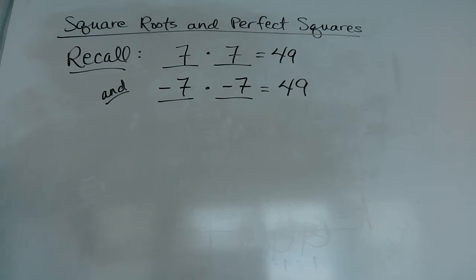When you have the same number multiplied by itself to give you a result, that answer, in this case 49, is called a perfect square. And the reason why they call it a perfect square is because if you go back to geometry and the area of a square,